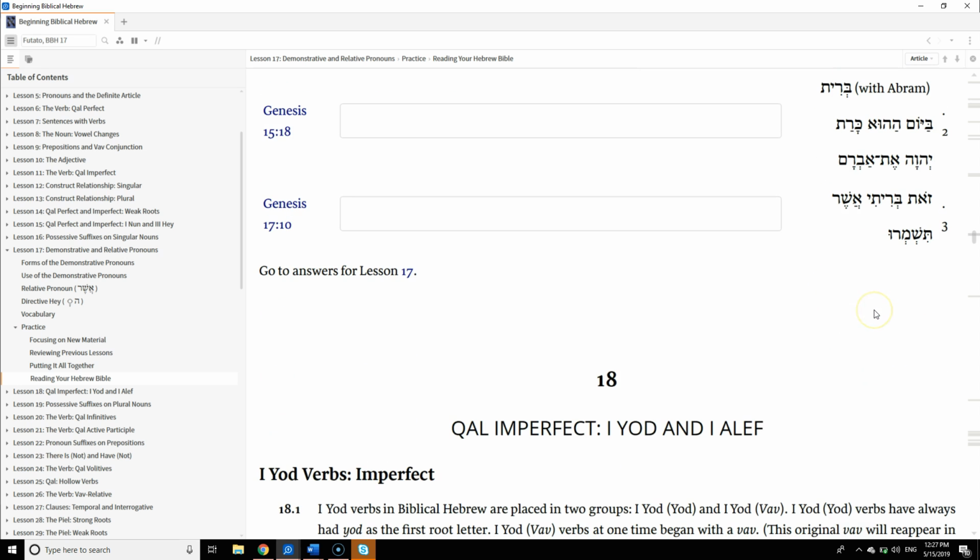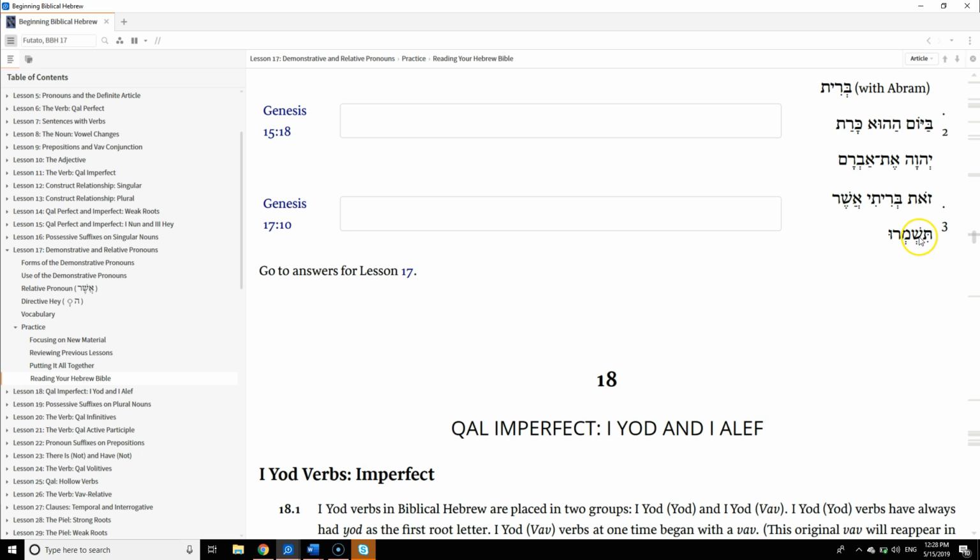So again, I don't know why it shoots it all the way up there, but it does. Hopefully this one makes more sense. Zot, Briti, Asher, Tishmeru. Yep, so this makes sense just as it is. Zot, again, no definite article here, so this is going to be predicative. This is Briti. Now you might say, well, it could be attributive because they both match indefiniteness. Neither has the definite article. But Briti is from Berit, which has the 1cs pronominal suffix. That pronominal suffix makes this definite even though it doesn't have the definite article. So these do not match indefiniteness. This is predicative. This is my covenant, which